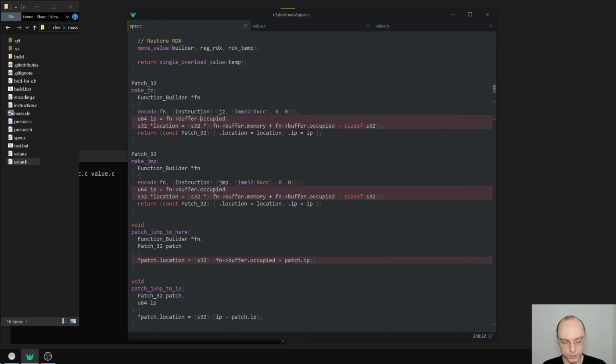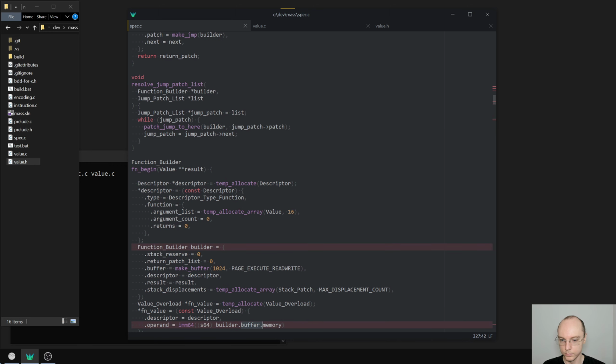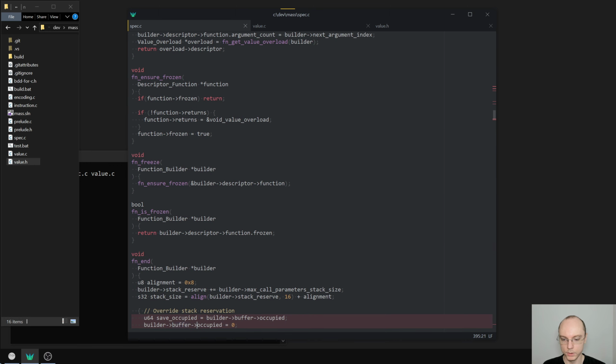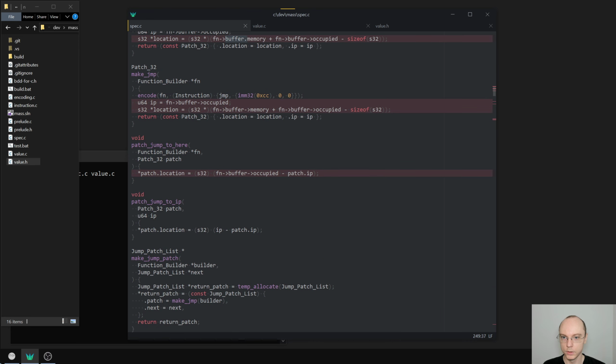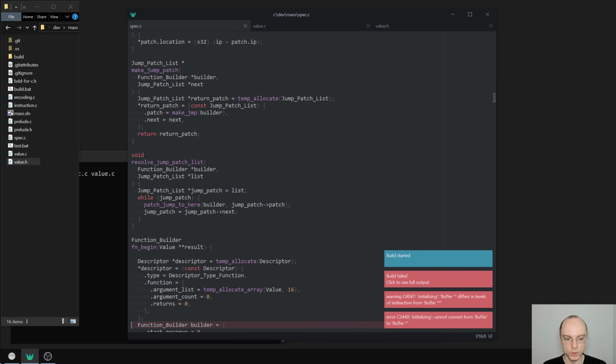So buffer dot... Good, good, good, and good. So that should fix the majority of the warnings,